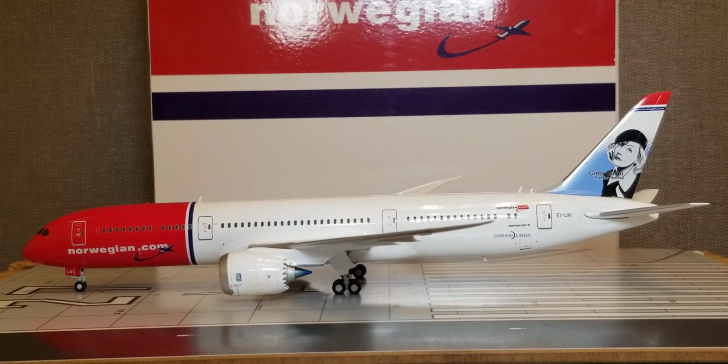And finally, in addition to Orlando, Florida, as the first inaugural international flight destination from Oslo, Norway on this particular aircraft, Norwegian Long Haul previously utilized their Boeing 787-9s on routes from Oslo, Norway to Barcelona, Spain, Boston, Massachusetts, Los Angeles, California, Madrid, Spain, Malaga, Spain, New York JFK, Nice, France, San Juan, Puerto Rico. From London Gatwick to Austin, Texas, Boston, Massachusetts, Buenos Aires, Argentina, Chicago O'Hare, Denver, Colorado, Fort Lauderdale, Florida, Las Vegas, Nevada, Los Angeles, California, Miami, Florida, New York JFK, Oakland, California, Orlando, Florida, Rio de Janeiro, Brazil, and San Juan,